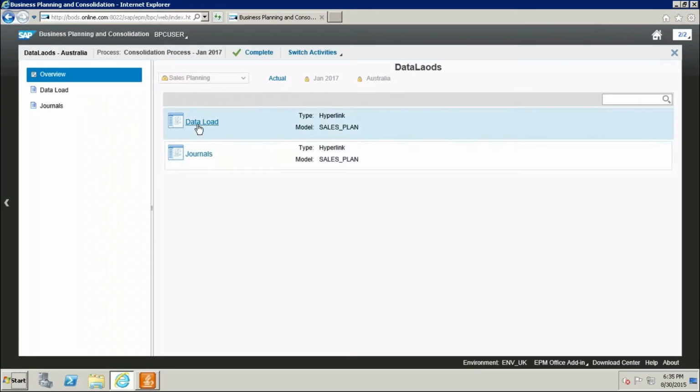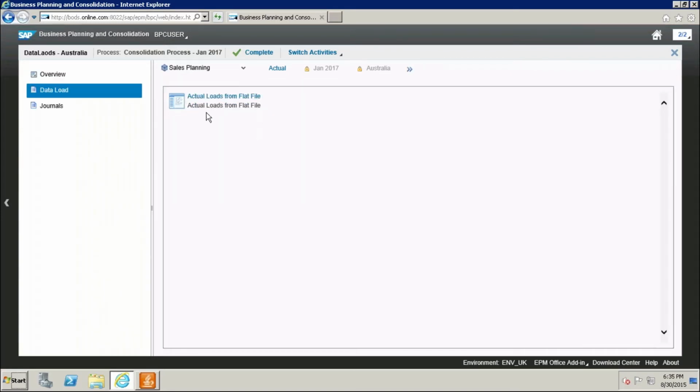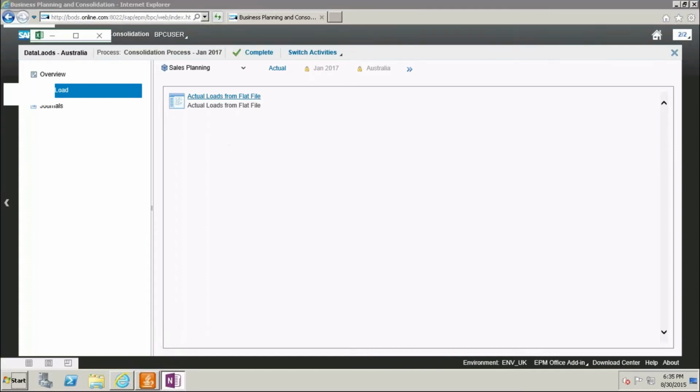Click on this data load, and this is the actual loads from flat file. Just click and it will automatically take you to the data manager.